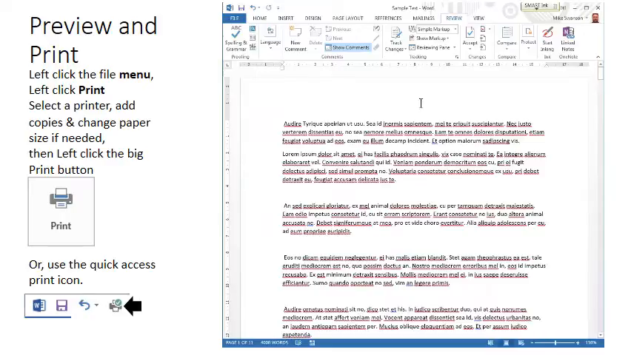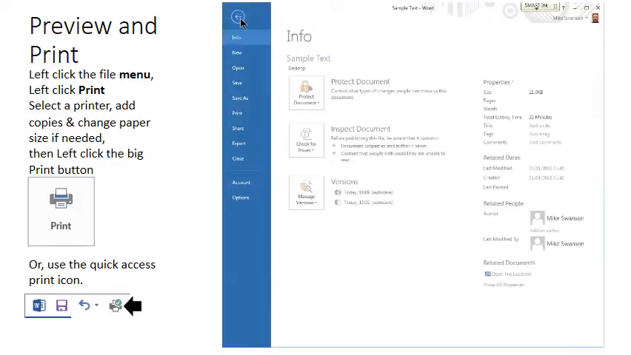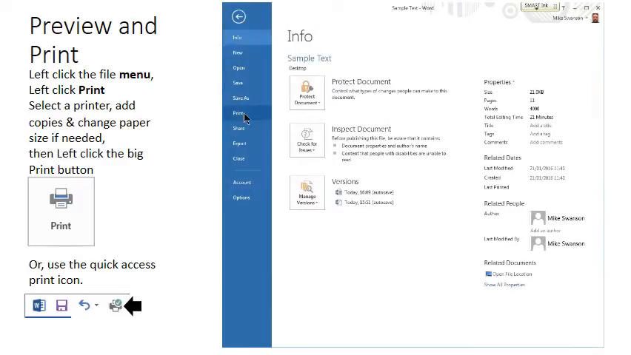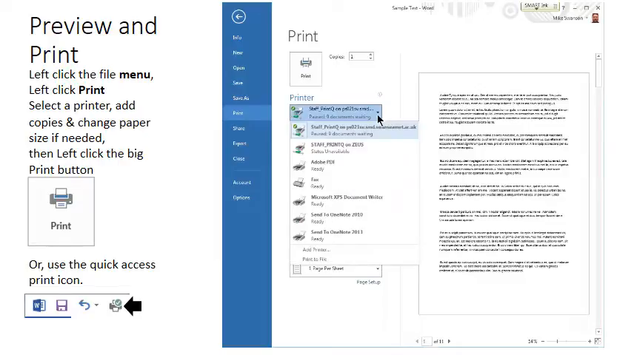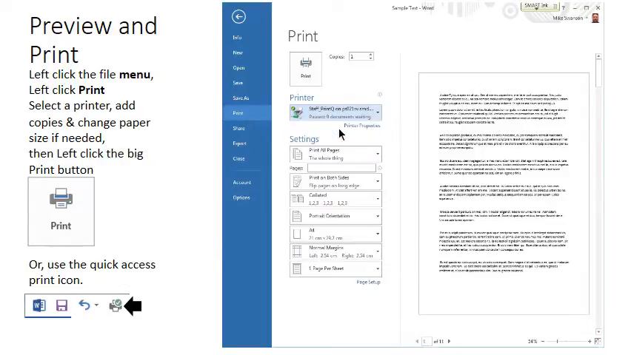When you're happy with the appearance of your document and you wish to have a printed paper copy, on the top left at the file menu, left click and look for print, left click. You will find a nice big print button, and as long as you have the printer selected from your list of printers, it's going to print one copy by default. Just hit the big print button and away it will go. Or you can choose multiple copies,